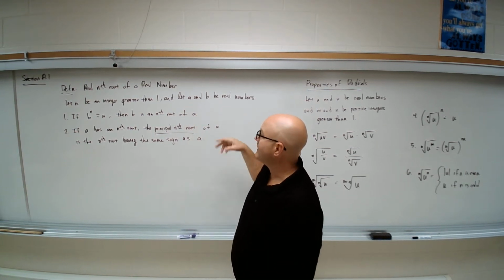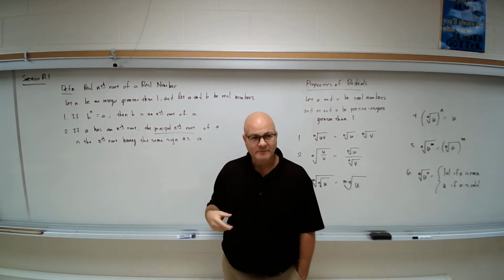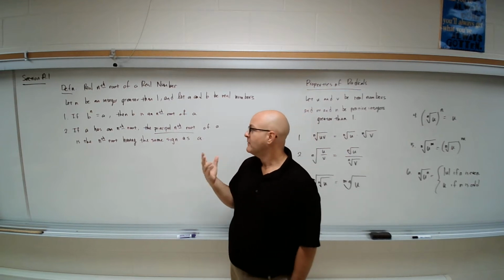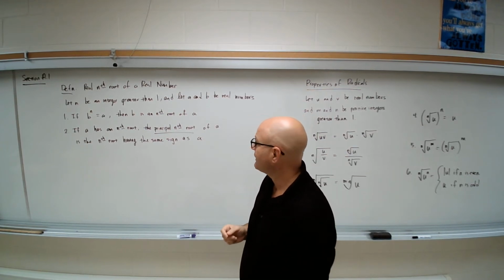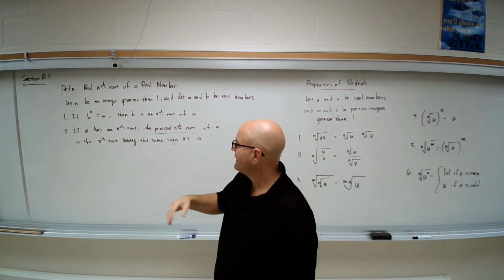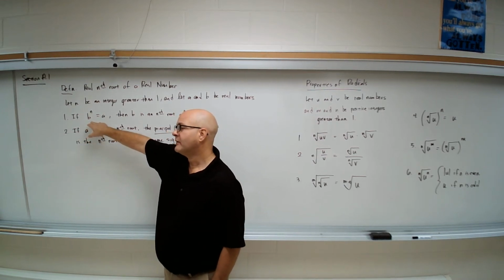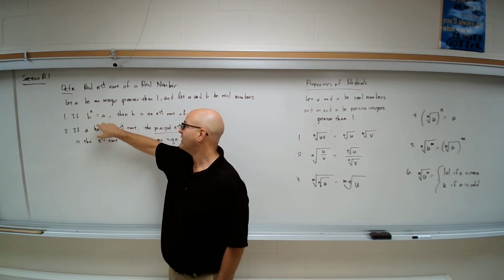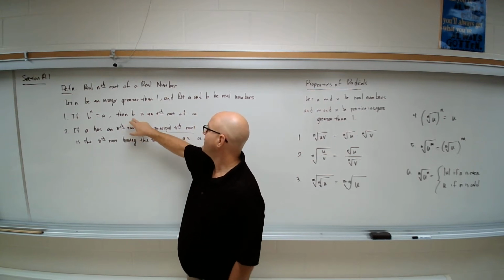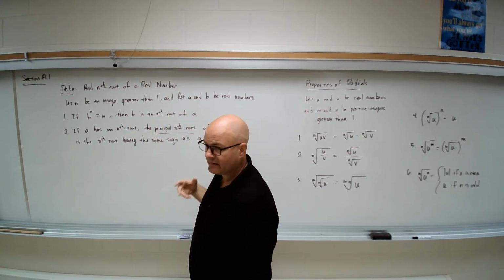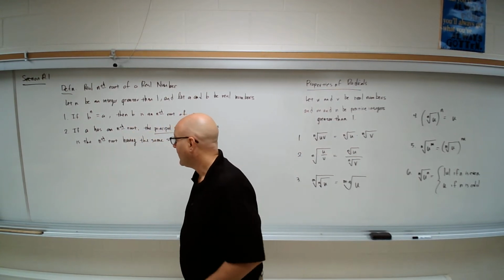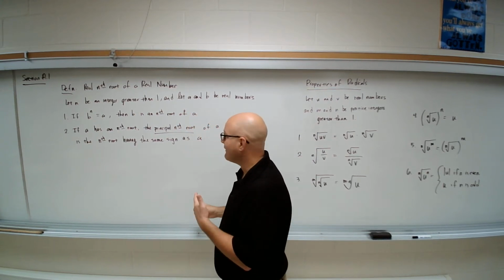And let a and b be real numbers. It could be any real number. It could be a fraction, it could be a decimal, whatever. But it doesn't have any imaginary unit to it. And our definition is that if the real number b raised to the nth power is equal to a, then we say that b is an nth root of a. So what that tells us is,